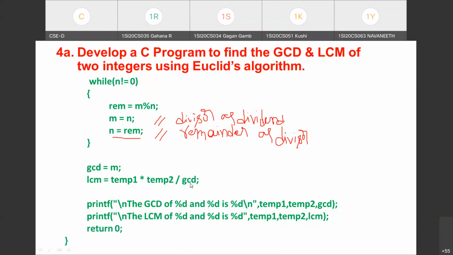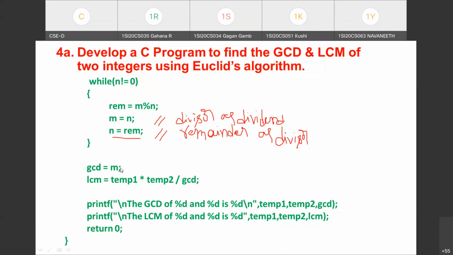Okay, so this is the program, the 4th A of your lab syllabus, to compute GCD and LCM. If you have understood the logic of Euclid's algorithm to compute GCD, you can easily implement it using a while loop. It is no compulsion that you have to use a while loop. You can implement this using other looping constructs also, but this is best suited for this problem. So we shall try to trace how this while loop actually works. We'll see the tracing in the next slide.